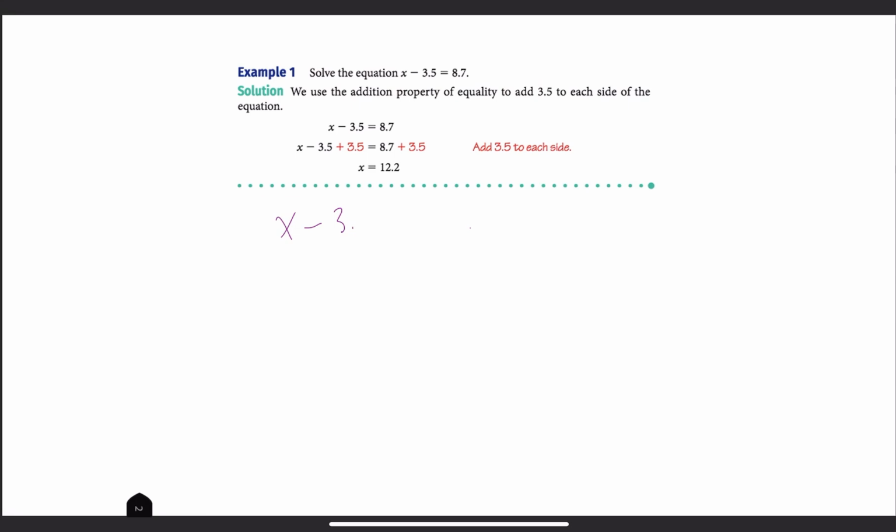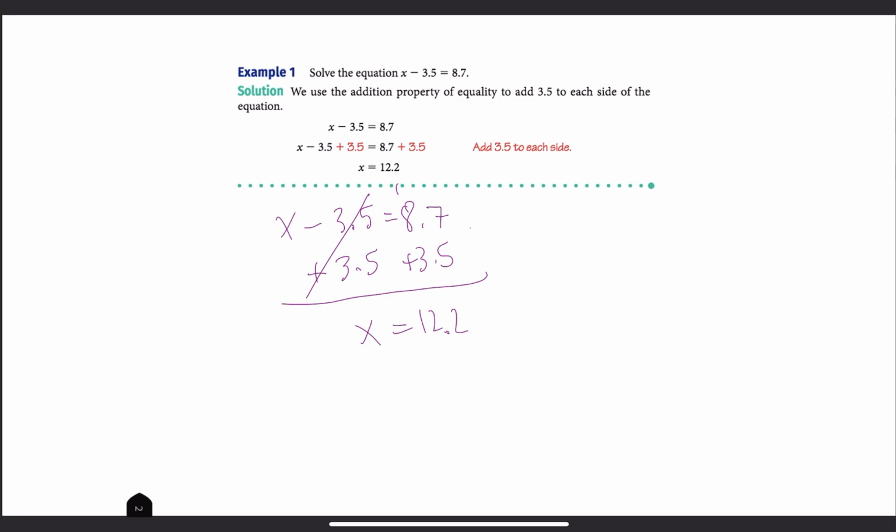X minus 3.5 equals 8.7. So what we can do here is we can solve this the way we would typically solve it. Look for what's being done to x. In this case, 3.5 is being subtracted. So let's add 3.5 to both sides. And over here, it'll zero out. We'll isolate the x. And over here, we will get our